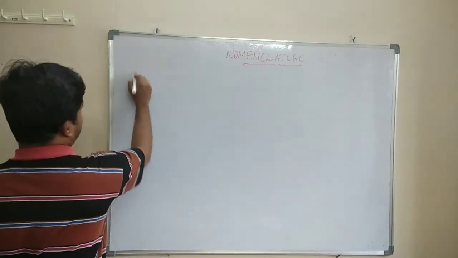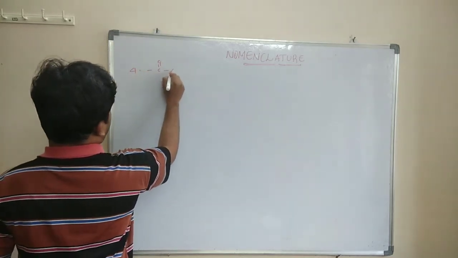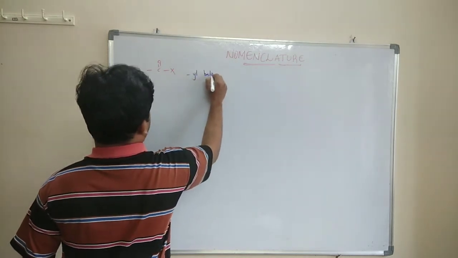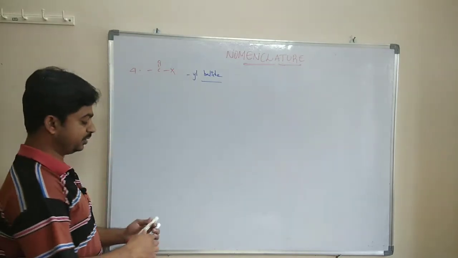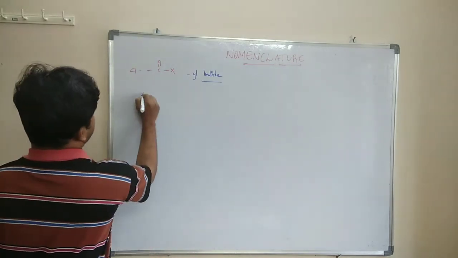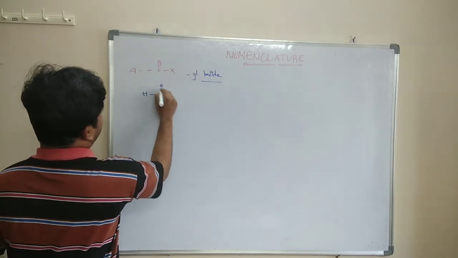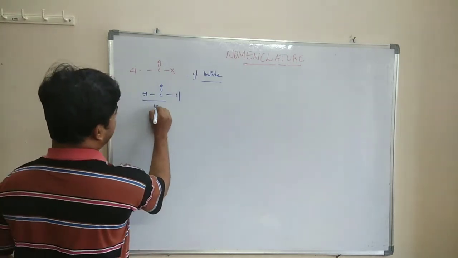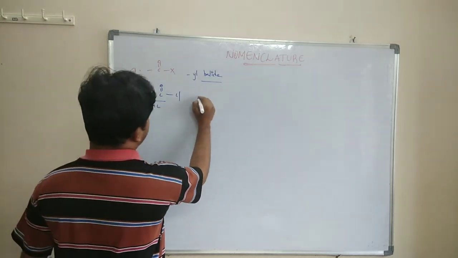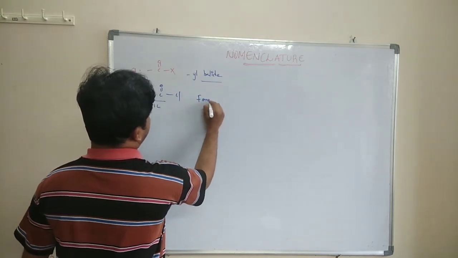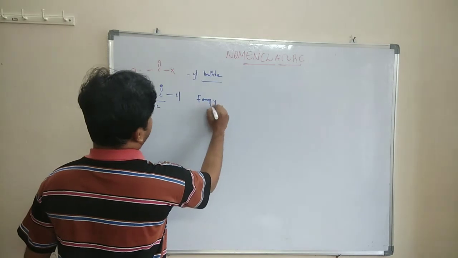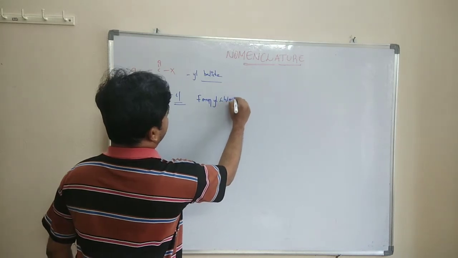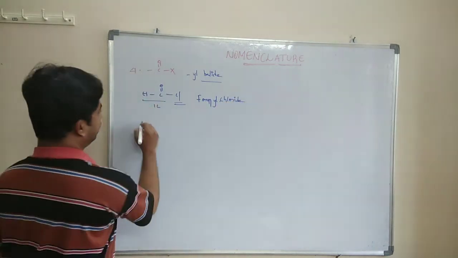Next functional group is the fourth one, C double bond O X. Here the suffix is acyl halide. Acyl halide is the suffix. Examples we can take. So H C double bond O Cl. What is the name of this one? Here it has only 1 carbon. If 1 carbon, the root word is form, the suffix is acyl, the halogen is chlorine, so acyl chloride, so the name becomes formyl chloride.